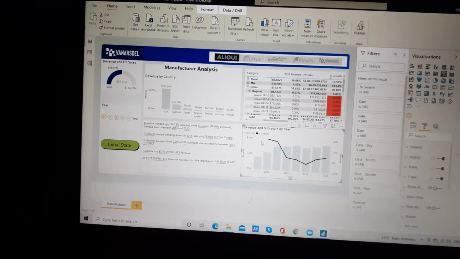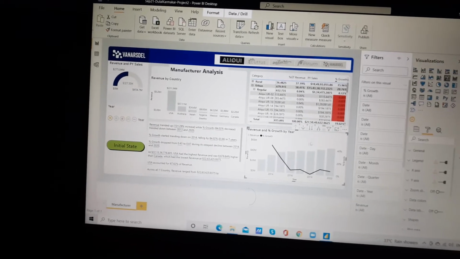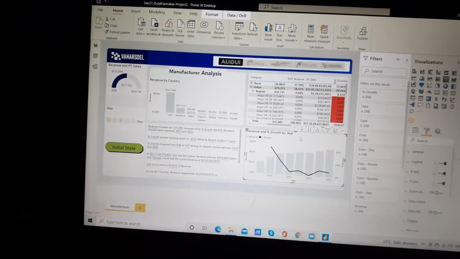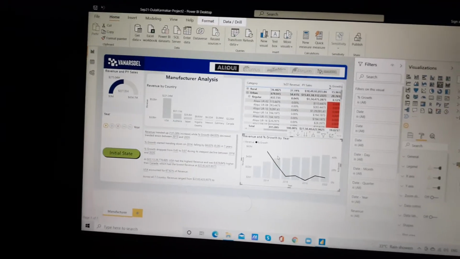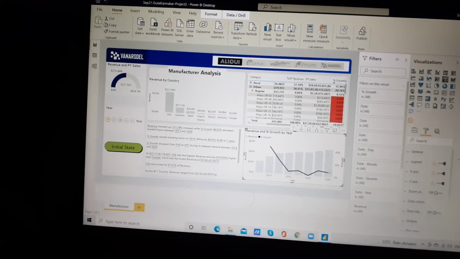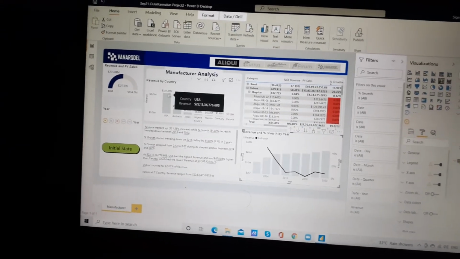And we can also see here this is a line and clustered column chart, right? So in this chart, the revenue and percentage growth by year is showing from 2013 to 20.